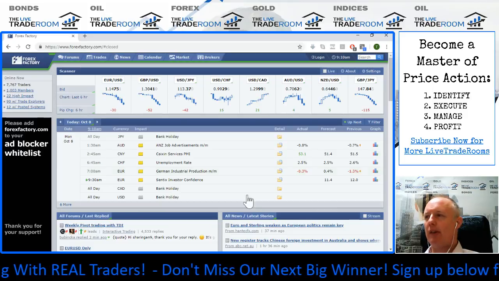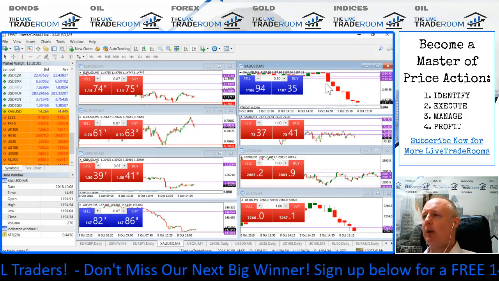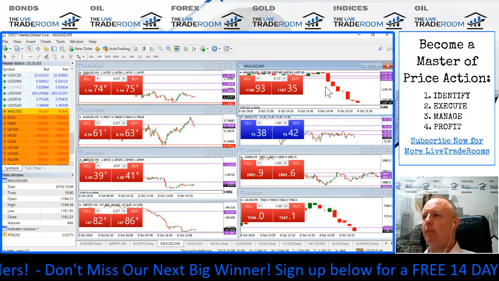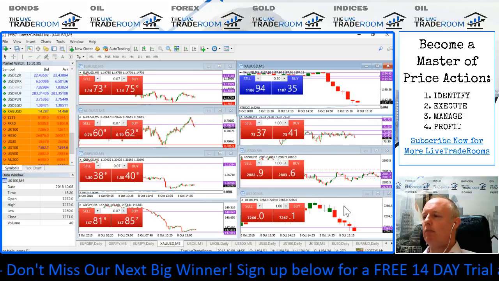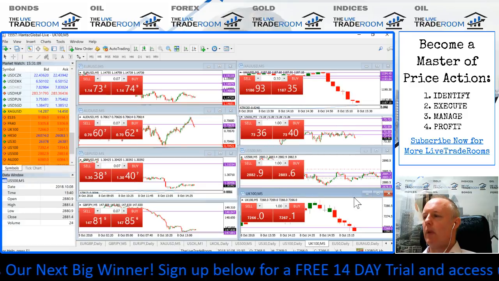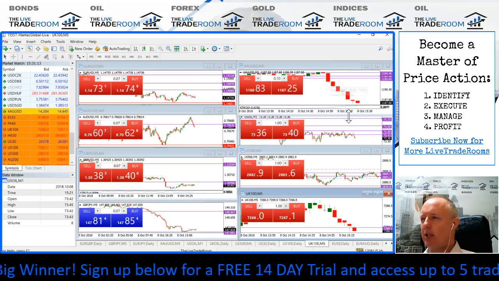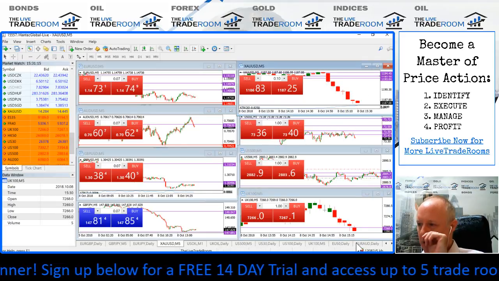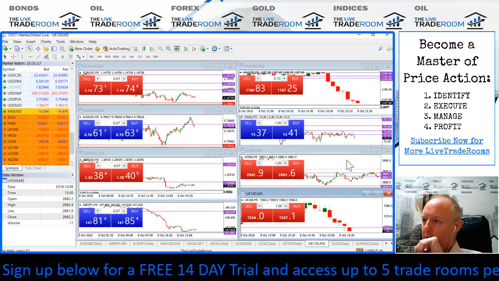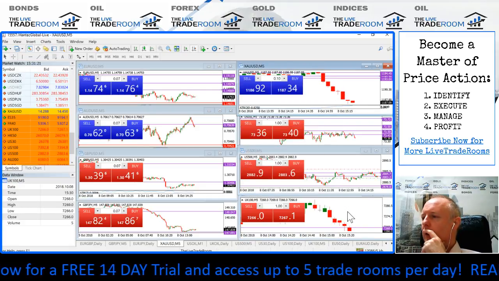So as a result, the markets are open to a little bit more manipulation, which is probably what this move represents. Obviously, some of the big boys looking to get into this market early and just really drive the price lower. And there's very little resistance, as you can see. It just keeps ticking lower.